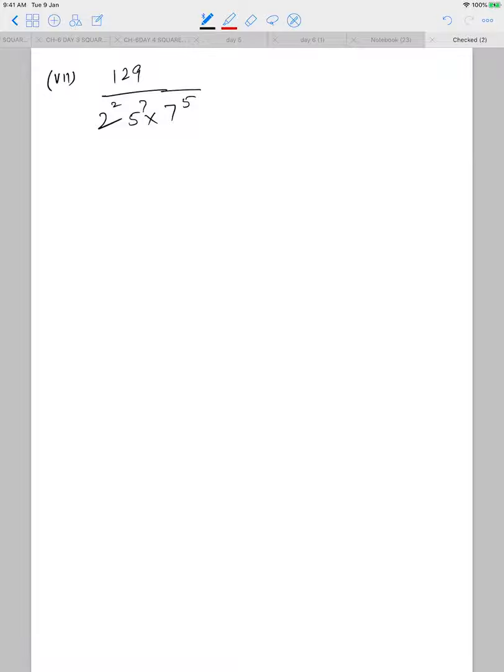By looking at the number, you see the numerator is 129 and it is not going to be divisible, because in the denominator if you see 2s and 5s we don't have any problem even if they remain. We have a problem with this 7. But that's very much clear, 7 to the power 5 is going to be a very big number and obviously it will not be cancelled with 129. It means that 7 is going to remain in the denominator.